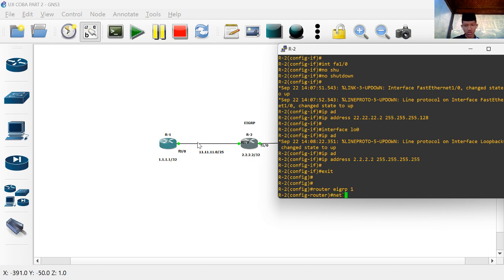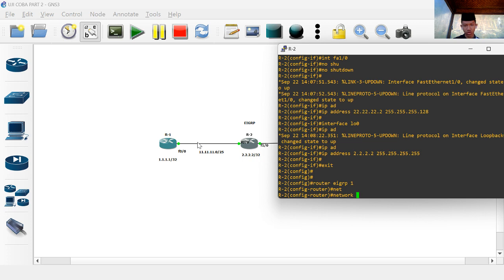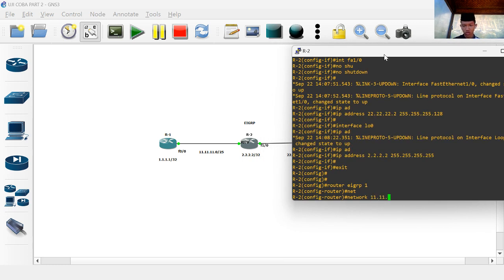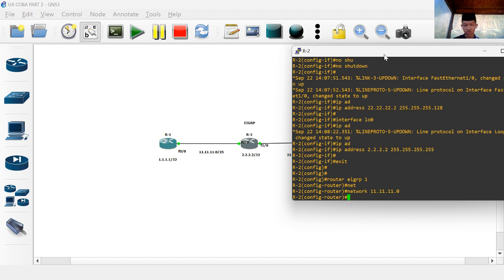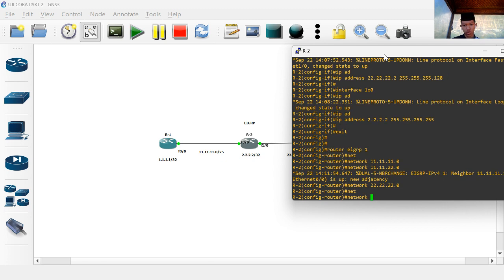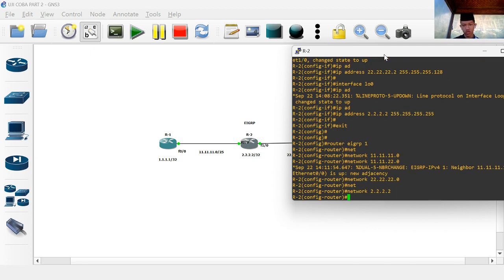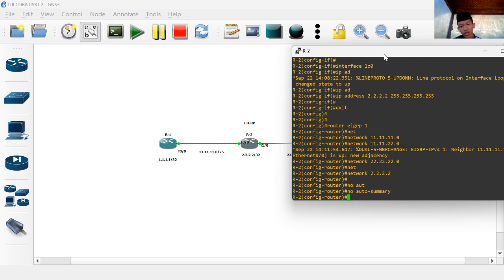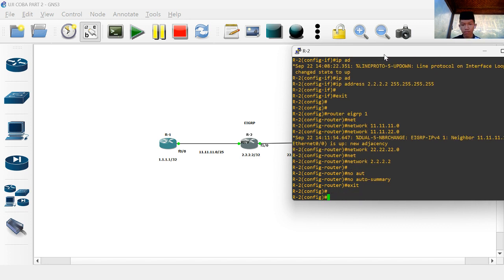The networks: because router 2 has 3 networks, 11.0, and 22.22.22, and the last network is the IP loopback, and don't forget to no auto-summary, enter and exit.